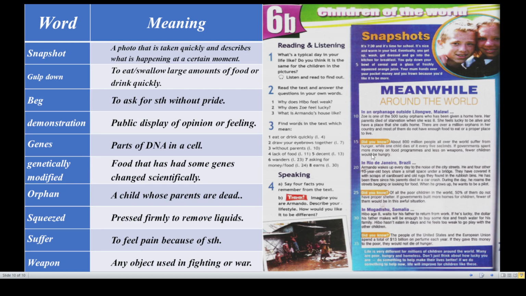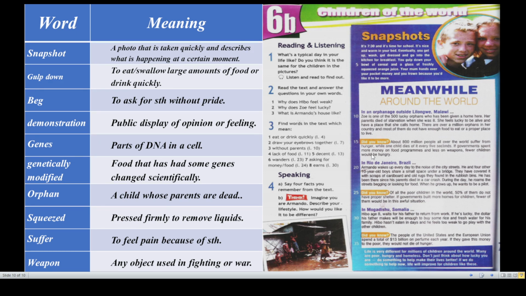They have covered it with scraps of cardboard and old rugs they found in the rubbish bins. He has been there since his parents died in a car crash. During the day, he roams. He roams means he moves around. He roams the streets begging or looking for food. When he grows up, he wants to be a pilot.